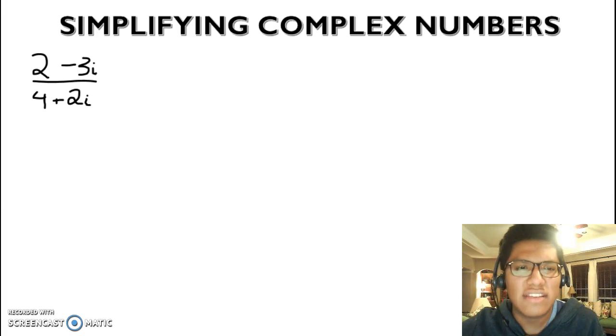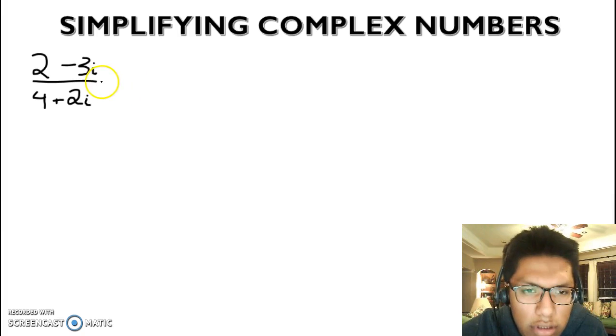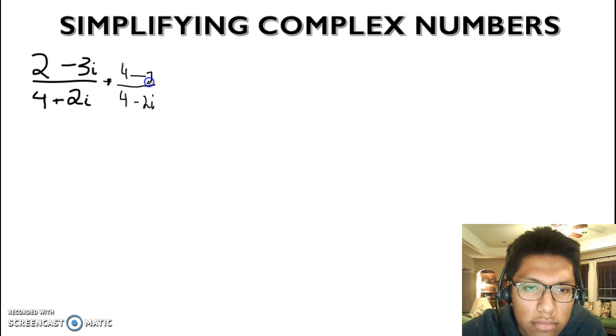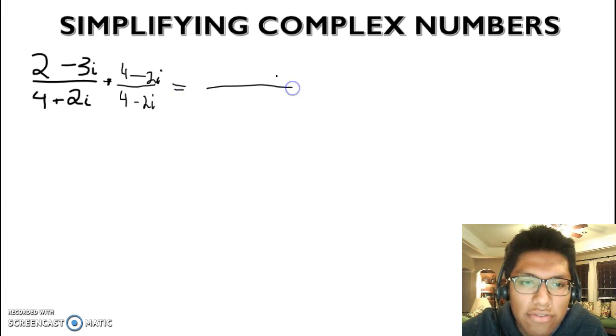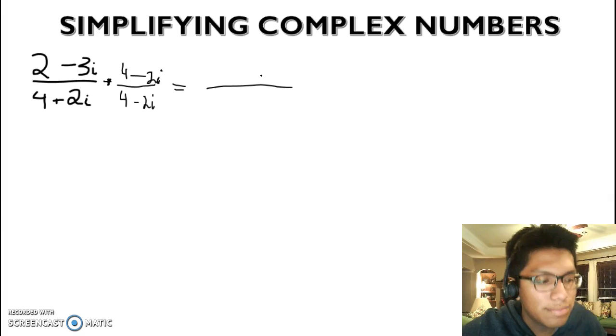And now here's the dividing of complex numbers. And as I said earlier in the video, the conjugate is going to help us with this. So the conjugate of 4 plus 2i is 4 minus 2i. And don't forget on top too. And after you've FOILed them or used the box method, you're going to be left with